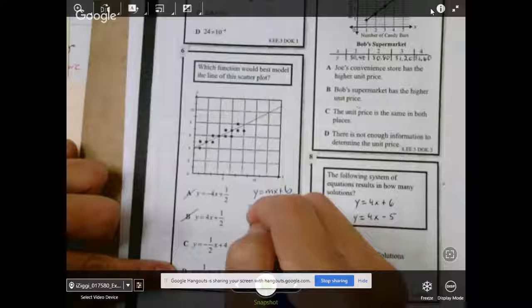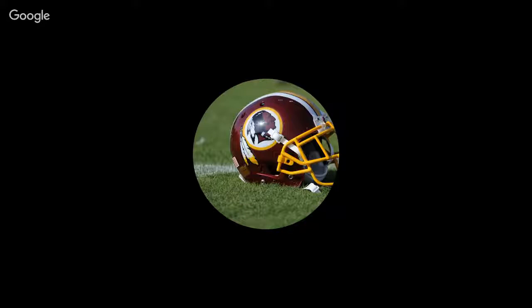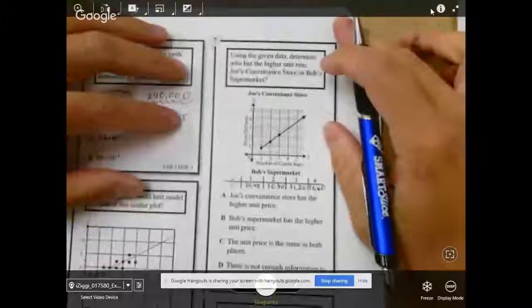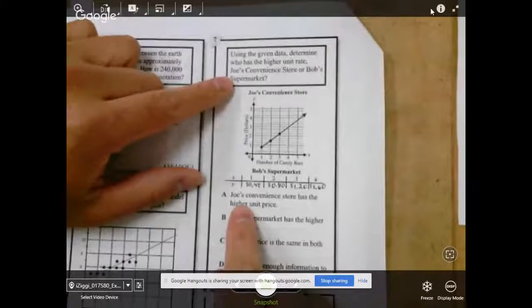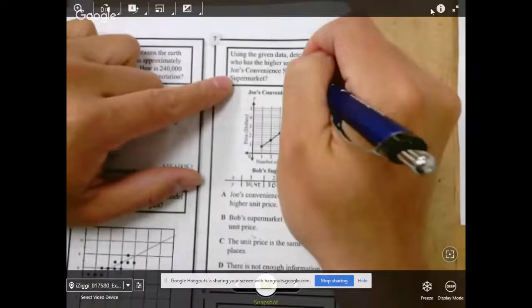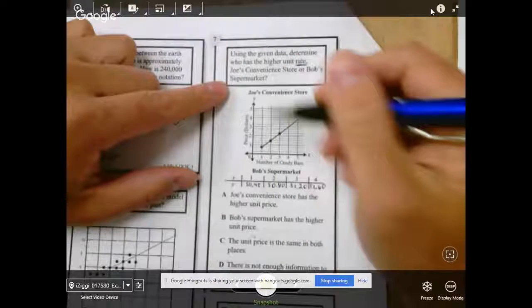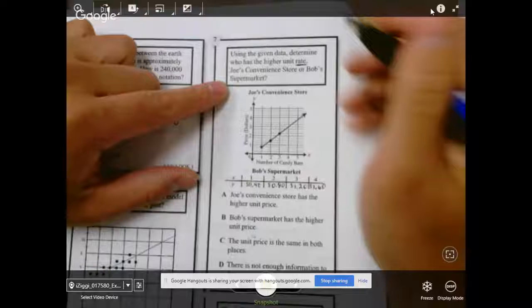Using the data to determine who has the higher unit rate. If I look here, it's telling you the unit rate. First of all, Joe or Bob's rate is the slope. Rate and slope mean the same thing. So let's look at